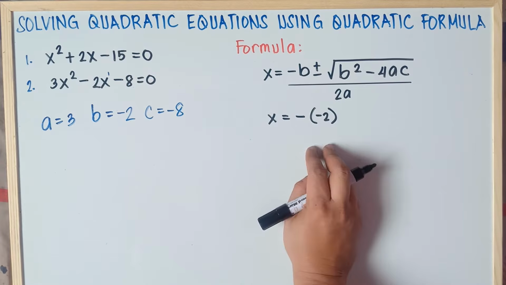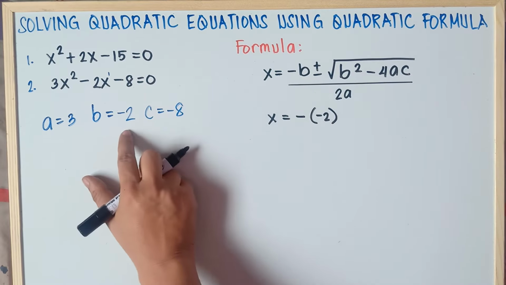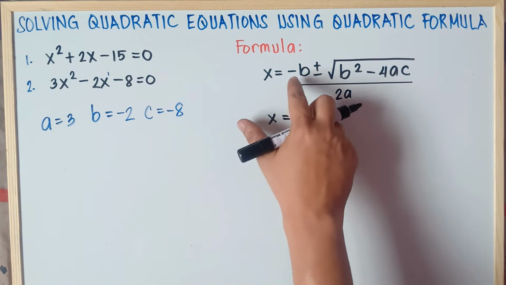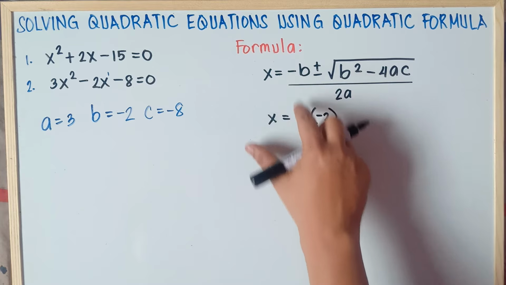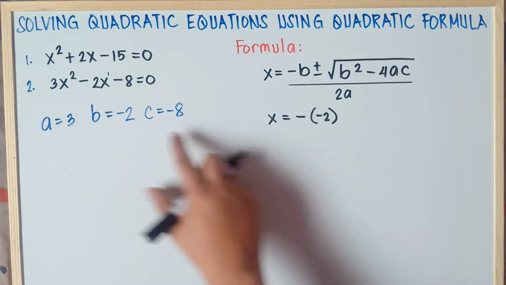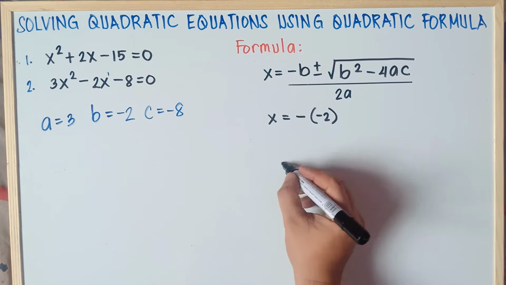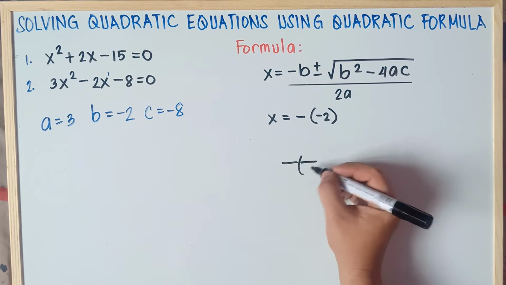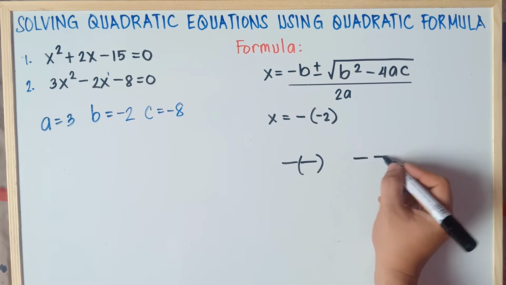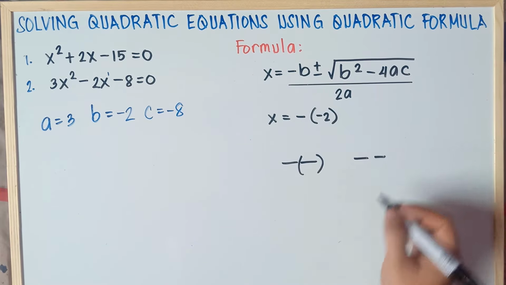Once again, class, this first negative came from the formula. It says negative B. And this negative 2, that would be the value of B, class. I hope you're not confused, class. That's why we have two negatives. If you have two negatives, class, you need to put parentheses because you're not allowed to put two negatives next to each other. You need to put parentheses because you need to multiply the signs. Okay, you multiply that one later on.